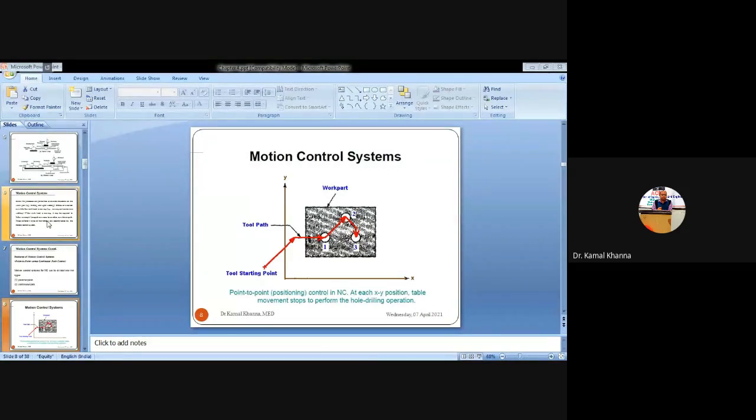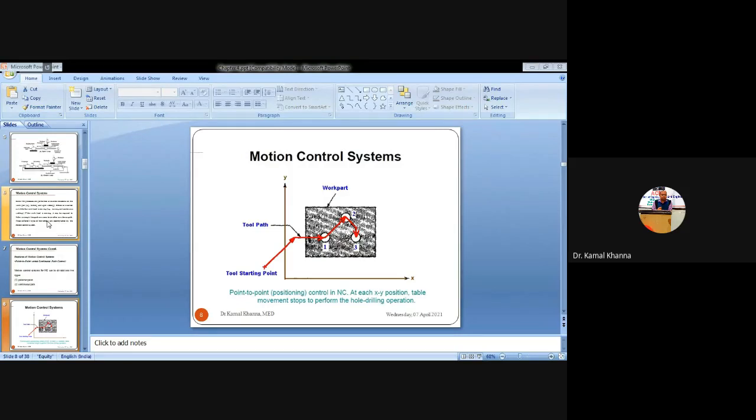So in this point to point control system, you can see in the figure also, we have to initially start the tool from that X point, and then using that tool path we have to perform the operation at the first point. Then we have to make the position the ideal position, and relocate to point 2. Then we again perform the drilling operation, and similarly unload that tool. From the set of instructions, from the program, the machine will fetch the information about which kind of drill is to be performed at point 3.